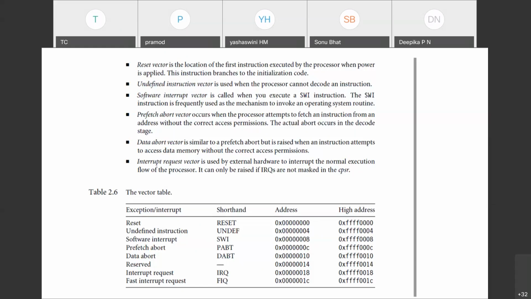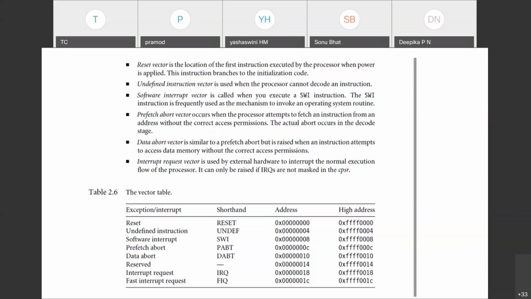It stops the processor from executing the current instruction, and takes the processor away to execute some other instructions located in some other memory location. So I have different types of interrupts. How will these interrupts happen? There is a table called the vector table which helps take the processor to that particular address. You can see here the vector table: reset, undefined instruction, software interrupt, prefetch abort, data abort, reserved, interrupt request, fast interrupt request. These are the addresses.